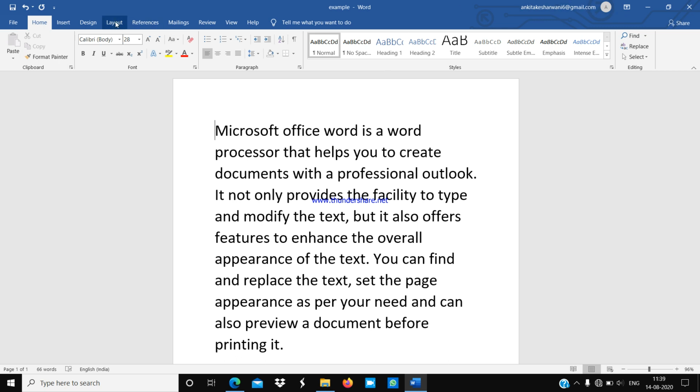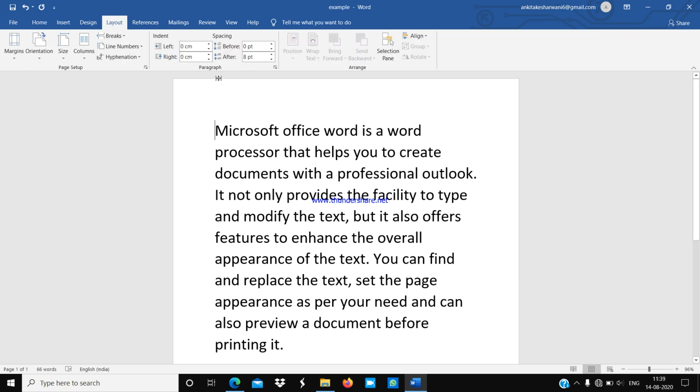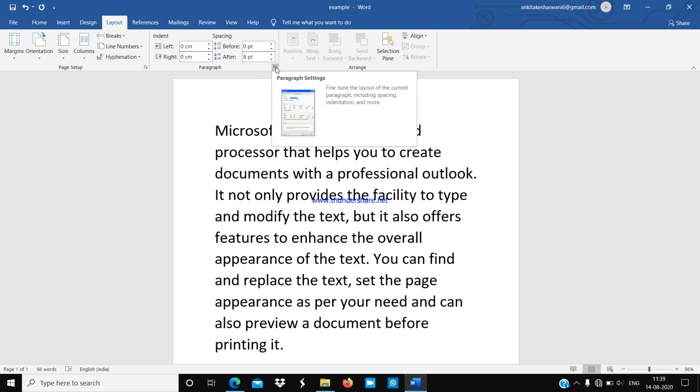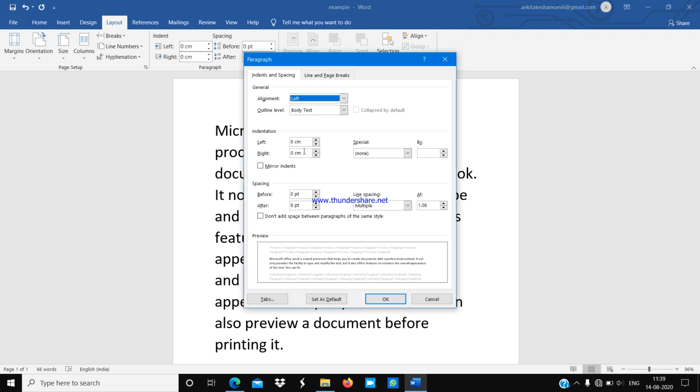You can see this is the page layout tab and this is the paragraph group. I have to click on this button. This is known as the paragraph dialog box launcher. Paragraph settings, so this type of screen will open.